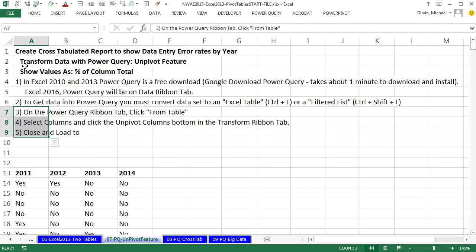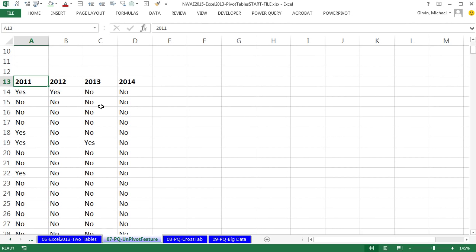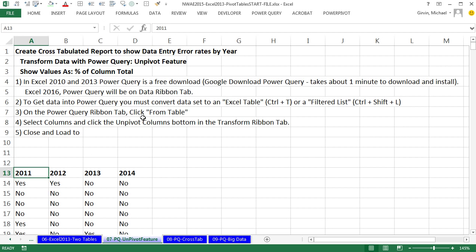Now, our goal on this sheet is to create a cross-tabulated report to show data entry error rates by year. Here's the problem. This is not a proper data set. We should have one column with year and one column with errors from that year, either yes or no. So we need to do what's called unpivot. I need to take all of these years, put them in a separate column, but have 2011 associated with all these yeses and nos, 2012 associated with all these yes and nos, and so on. If we could unpivot this